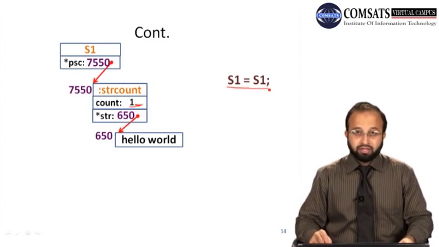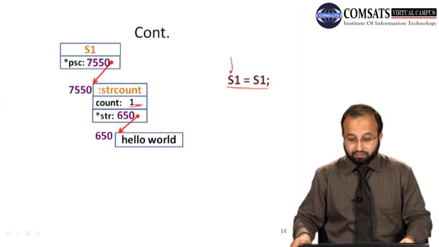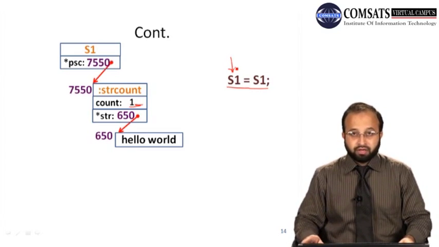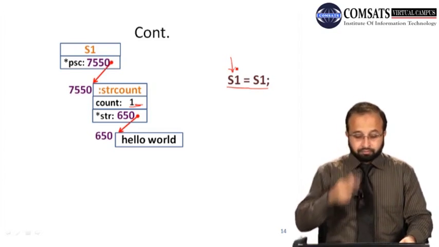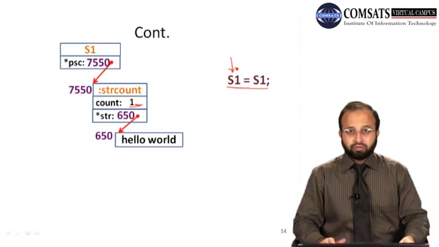And if we execute S1 is equal to S1, हम अगर ये स्टेटमेंट एग्जीक्यूट करें तो अब ऑपरेटर इक्वल का फंक्शन क्या करेगा? उसमें पहली चीज़ जो चेक हो रही है दैट इज द इन्वोकिंग ऑब्जेक्ट का जो PCS है, बिकॉज इस इन्वोकिंग ऑब्जेक्ट की PCS की वैल्यू चेंज होनी है ना, ठीक है. सो इसका जो PCS है उसमें आप जाके उसके एड्रेस में जाके यू हैव टू चेक द वैल्यू ऑफ द काउंट ऑफ द स्ट्रिंग काउंट ऑब्जेक्ट, बिकॉज अगर वो काउंट की वैल्यू 1 से ग्रेटर है, इसका मतलब है देयर आर सम अदर ऑब्जेक्ट दैट आर पॉइंटिंग टू द हेलो वर्ल्ड स्ट्रिंग, एंड इफ इट इज नॉट ग्रेटर देन दिस मीन्स दैट